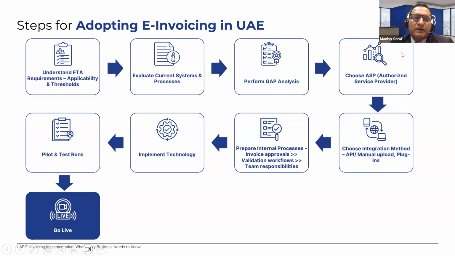The first, as you can see on the left side, is about the implementation. Before the implementation, we need to understand the assessment of applicability. And I can see certain queries raised in the chat box also pertaining to the applicability: since e-invoicing is applicable for business to business and business to government transactions, that means those who have a registered entity presence in the UAE or anywhere outside. Wherever you deal with a registered entity, you have this applicability.